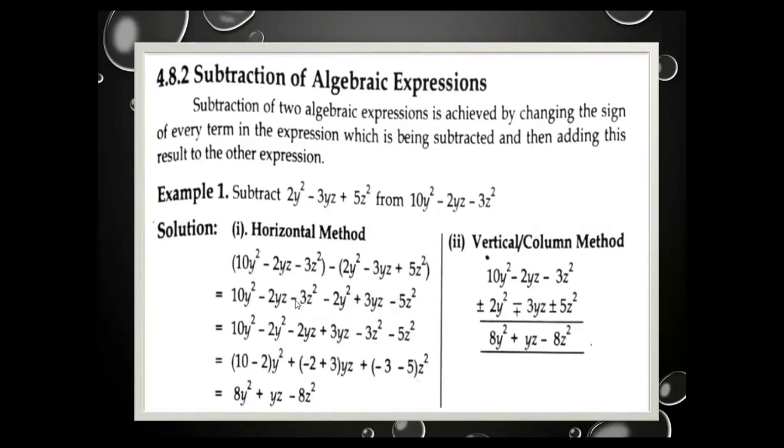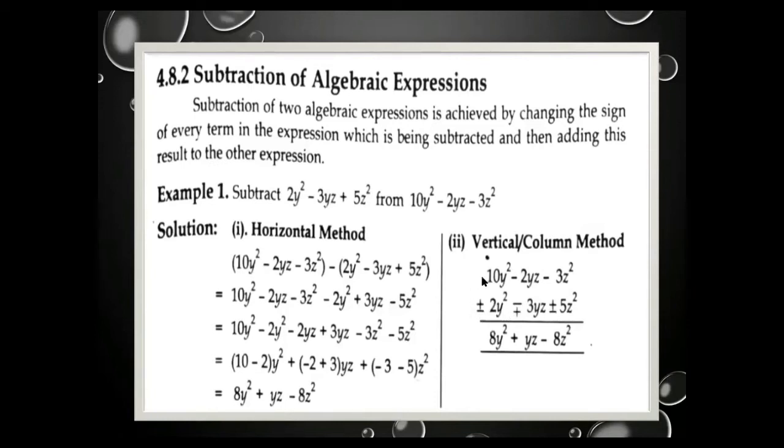Following the horizontal method, we saw that after taking the minus sign, we open that bracket by multiplying with the minus sign. When we multiply with the minus sign, the signs of the remaining polynomial are changed: plus minus is minus, minus minus is plus, and minus plus is minus. So these changed signs will be written at the end of the polynomial when you are following the vertical or column method. It means if this term has plus sign, you will write here minus. If this is minus, you will write plus. If this is plus, you will write minus. Now these signs have been solved and we will follow the new signs.